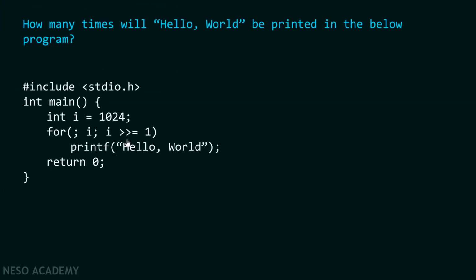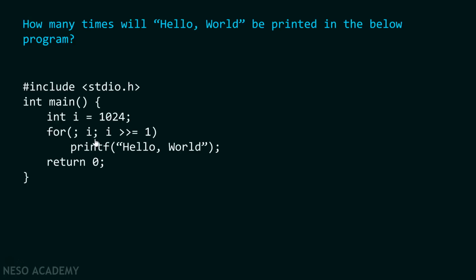Let me tell you one important point. It is not always necessary to mention all the 3 steps inside the for loop. We already know we have to mention 3 steps: initialization step, condition checking step, and then increment decrement step. Here we skip initialization step. There is no problem in skipping the initialization step, but you have to mention this colon over here. If you didn't mention this colon, then compiler won't be able to recognize whether the next step is an initialization step or a condition checking step. So it is very important to mention this colon. You can definitely skip the steps, but you have to mention these colons. You can also skip this step, but you have to mention this colon again.